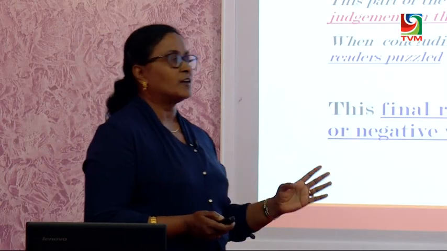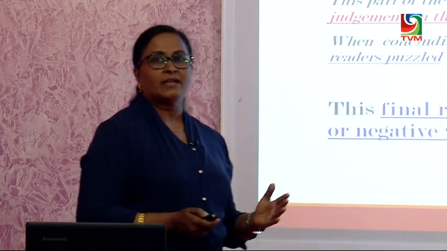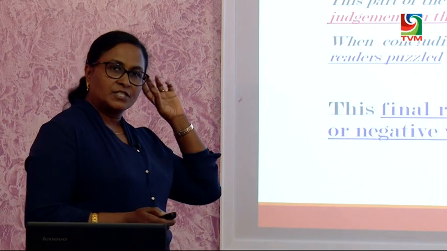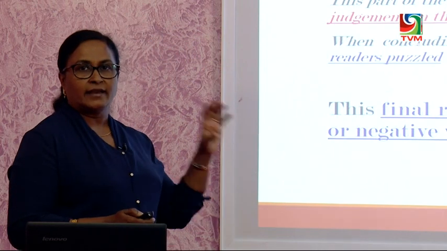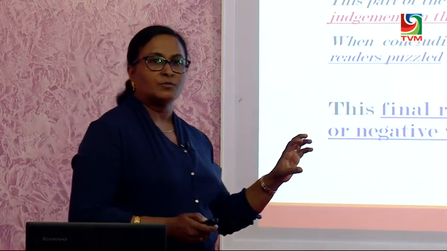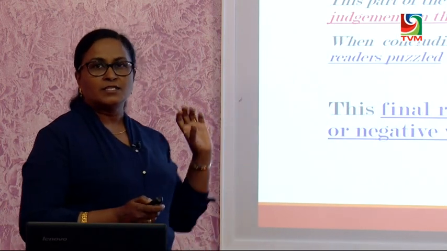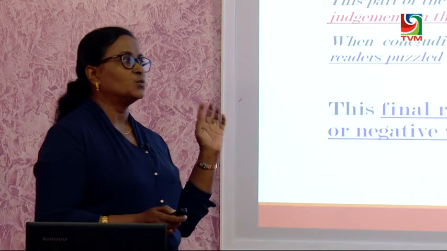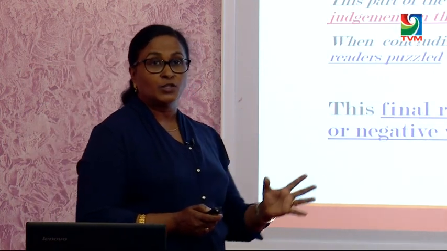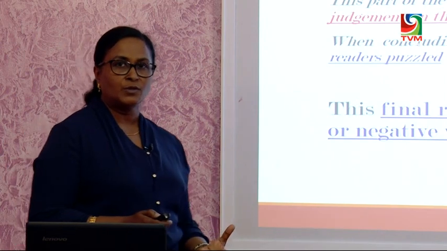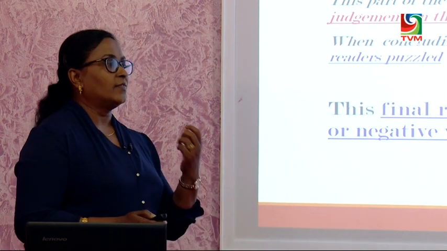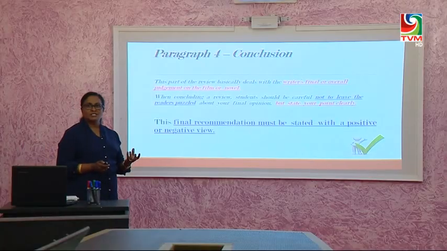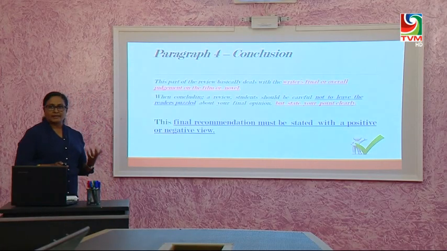The first paragraph is the introduction. If it is the movie, you have to make sure you write about the director, the name of the movie, the character and the producer and when it was released. And if it is a book, you have to mention the name of the book, the author of the book, the person who wrote it, and then the year it was published, and you can write about the main characters.